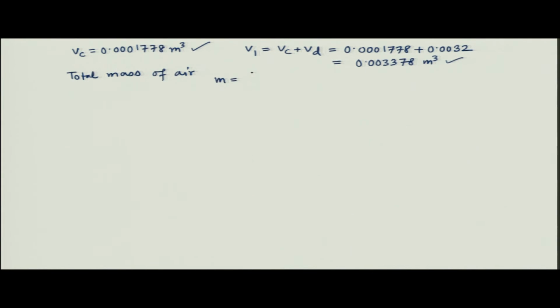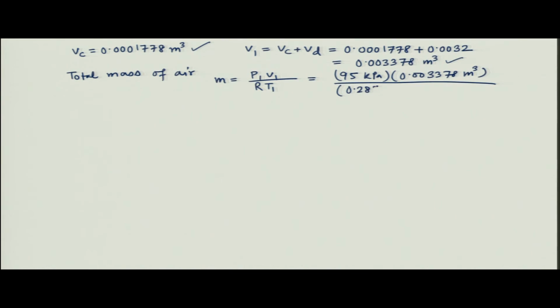So, m can be written as P1 times V1 upon R times T1. P1 is given as 95 kilopascal, multiplied by V1, which is 0.003378 meter cube, and R is